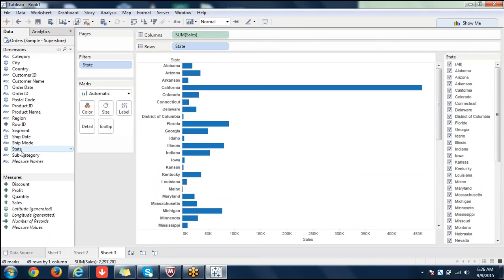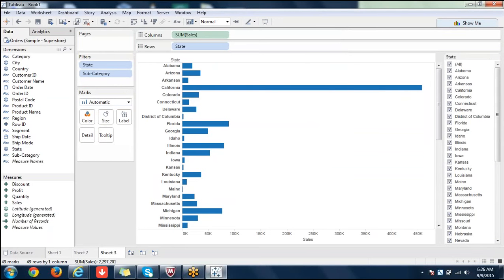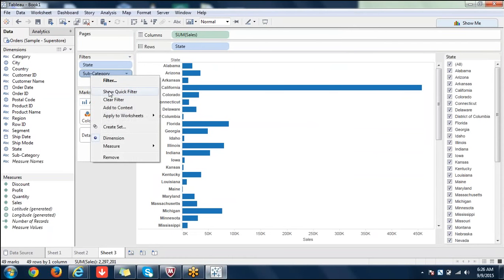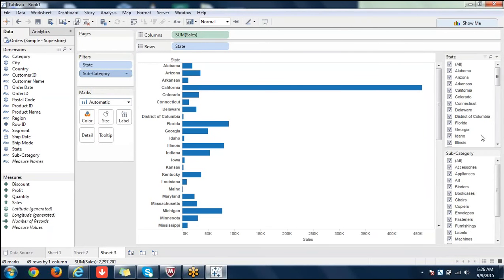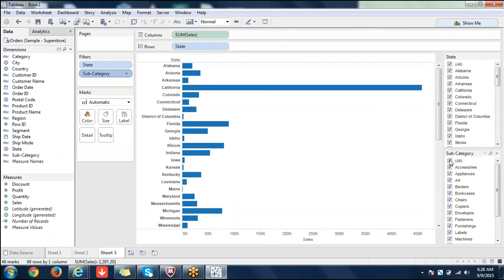I'm using use all. That means these two fields don't have a direct relationship, right? I'm removing this to make sense. Since subcategory is also. See that state is going, that's fine.